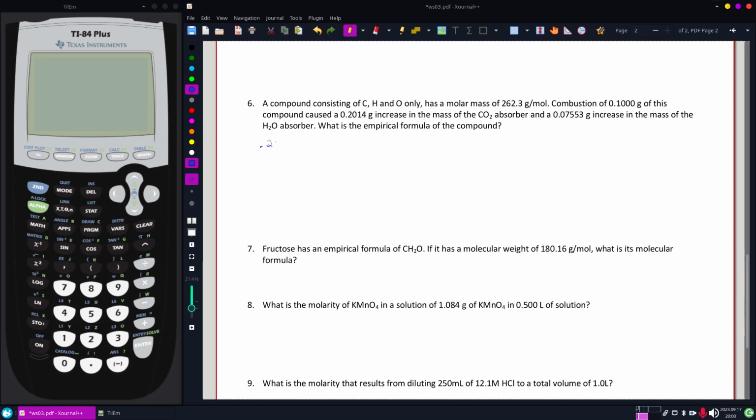Alright, those two absorbers are going to end up telling us how much carbon and how much hydrogen is present. How that's going to work, I'm going to look at the molecular weight of carbon dioxide compared to just the molecular weight of the carbon in there as a conversion factor. And then I'm going to do something similar with the water